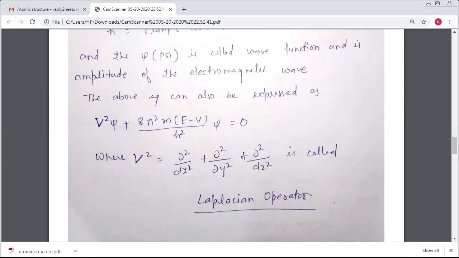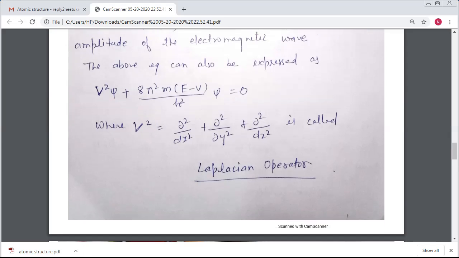Okay, so here we find that if we represent d square upon dx square plus d square upon dy square plus d square upon dz square as del square, these are called the Laplacian operator. Right? Then we come to the